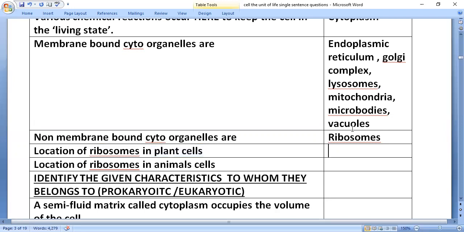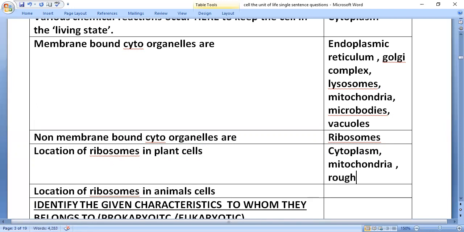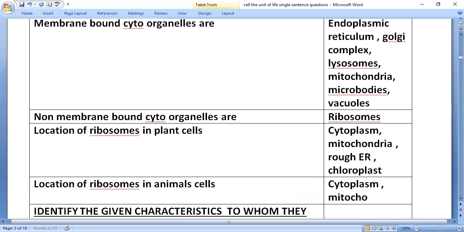Location of ribosomes in plant cells: cytoplasm, mitochondria, rough endoplasmic reticulum and chloroplast. Location of ribosomes in animal cells: cytoplasm, mitochondria, and rough